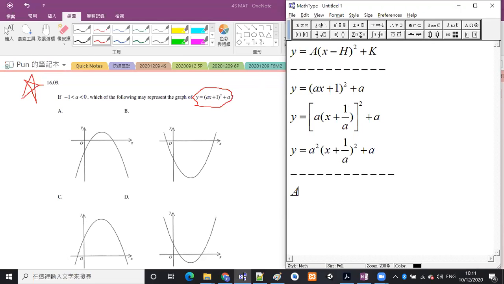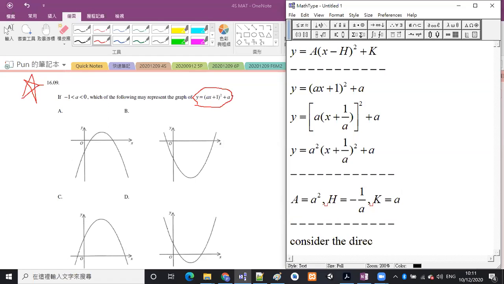Okay, the formula A is equal to a square, and then the formula H will be equal to negative 1 over a. And the formula K will be equal to a. Can you get this? OK，呢度得唔得？